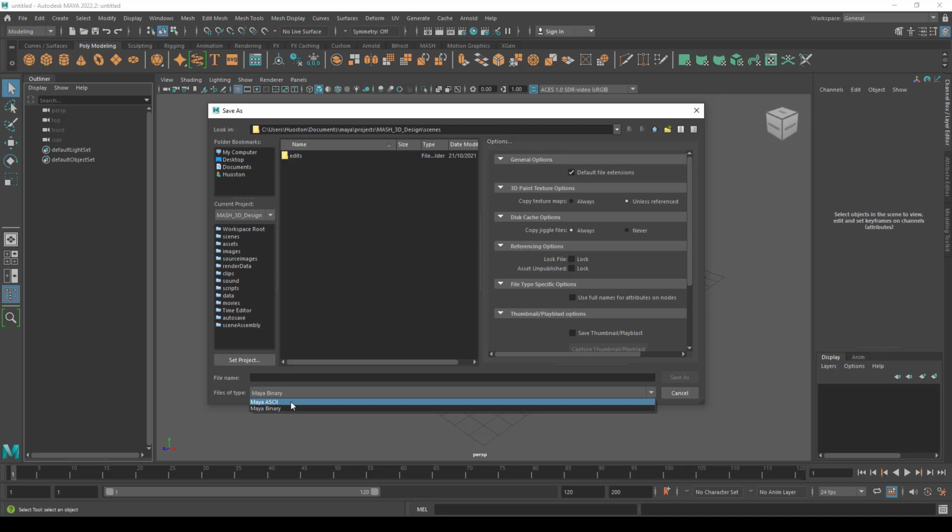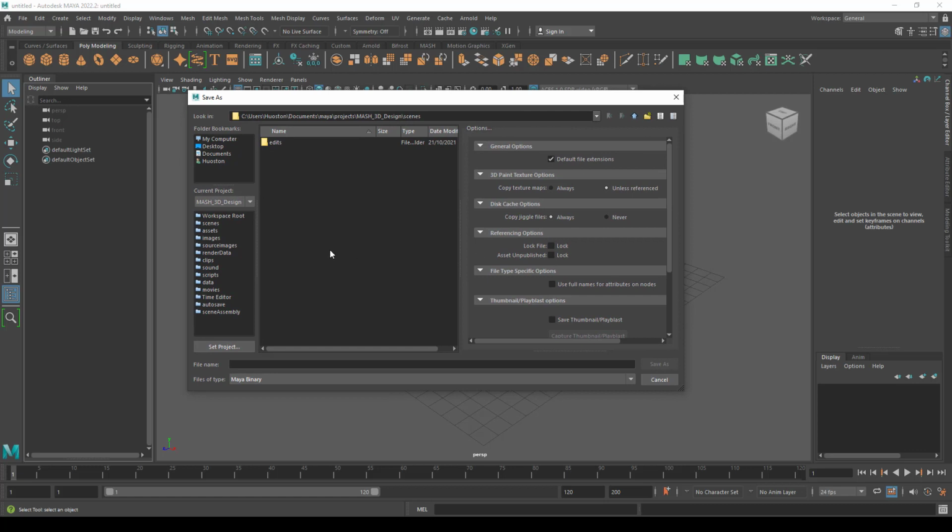But ASCII also has a huge disadvantage, which is the size of the file. Since the file is not a binary format, it's usually 2 or 3 times bigger than the binary file. So eventually, if you are working on a very large, unoptimized scene, you will face problems saving this file or taking a long time to save the files. Okay, just pointing out that this is the way we create